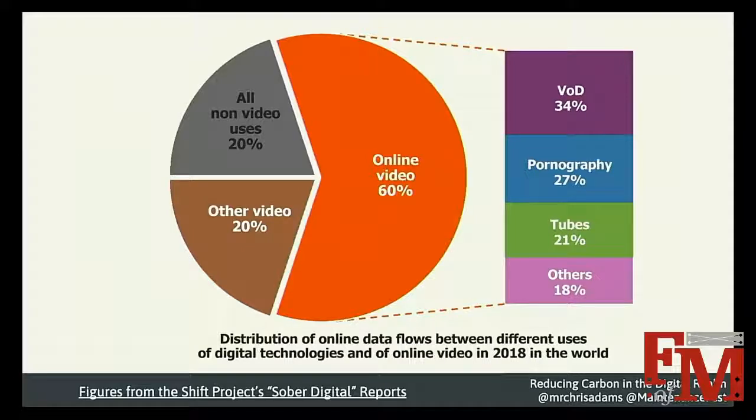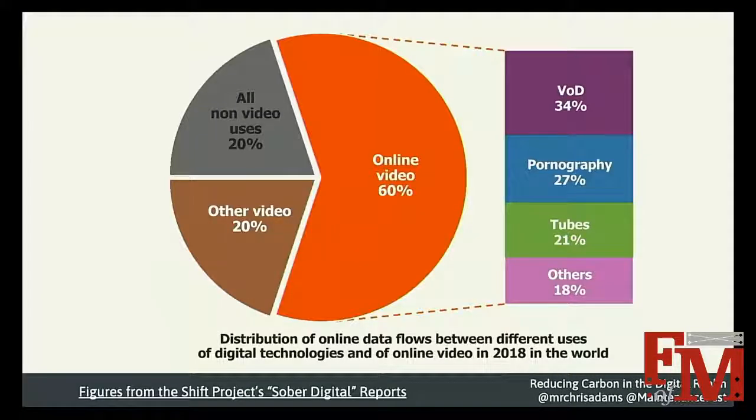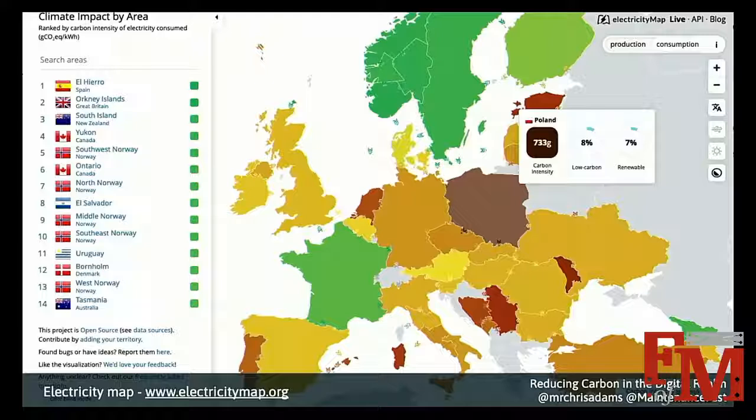And online video by itself is Spain. So like this is huge, right? And I'll avoid all the obvious jokes about pornography here. But you can basically see that. So that's one thing. And one of the reasons you see this is that we have different amounts